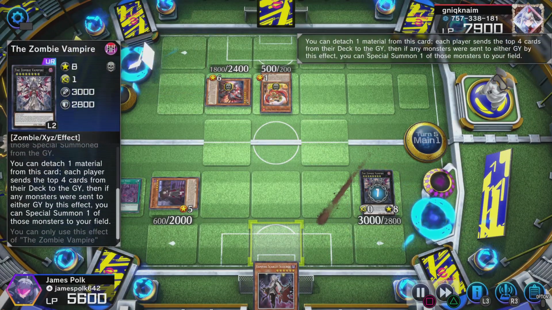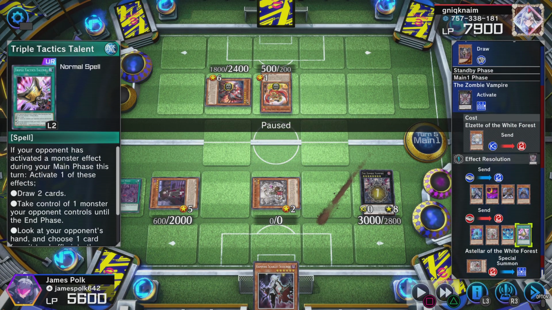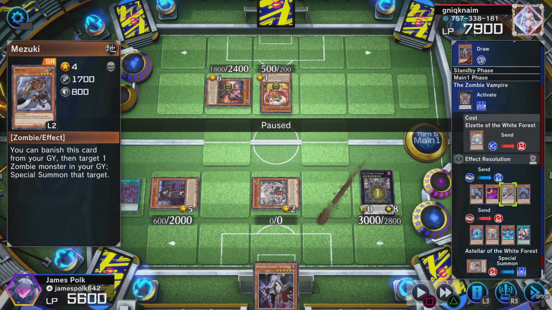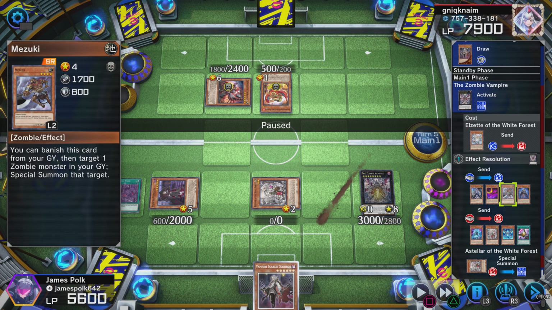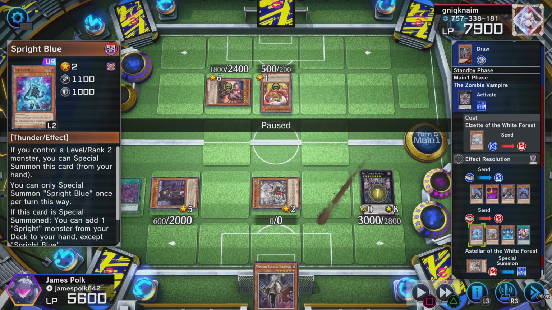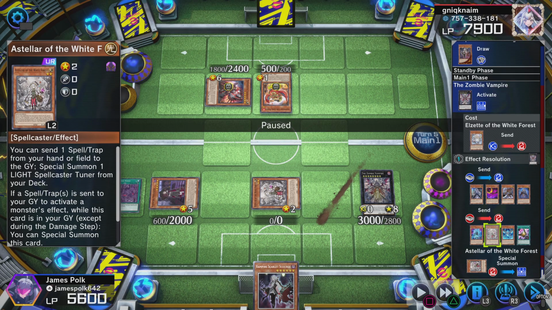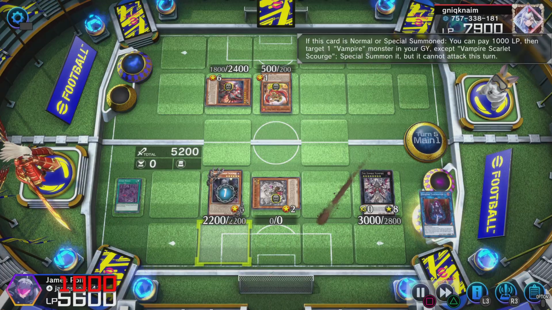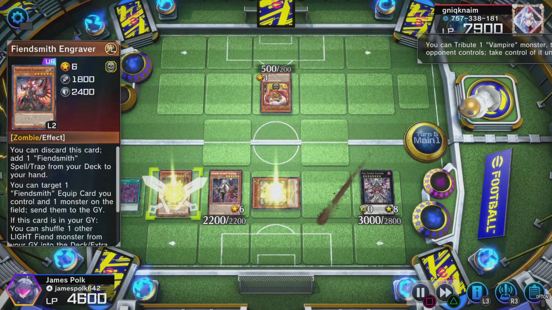Zombie Vampire. Everybody gets milled, and I lose out talent. So, Ghost Bell, Familiar, Mizuki, Grace. Now that we got Mizuki in the graveyard, no need to revive any of my other zombies. So it's Sprite Blue, a Stellar, and Snake Eye Ash, and I opted to get a Stellar for the sake of the tribute summon up for our line, bring back Fascinator, tribute, take Engraver,